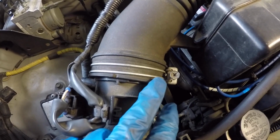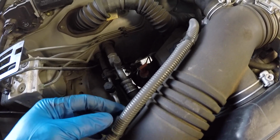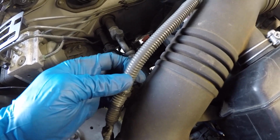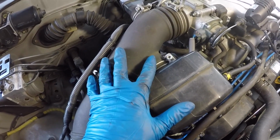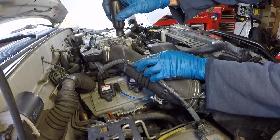I'm gonna loosen this clamp so I can disconnect the air tube from the air box, and then we have this wiring harness that's clipped into a couple rubber clips on the side of the air tube, and we have to get this free also. And then we should be able to get this whole air tube off the engine so we can get at the coil pack. So the first thing I'm going to do is get this wiring harness unclipped